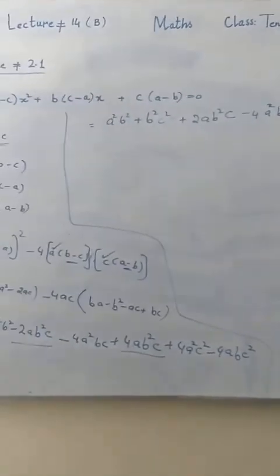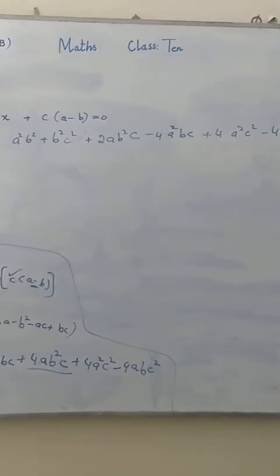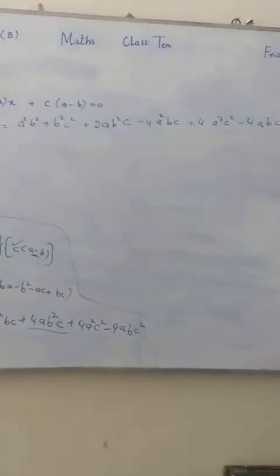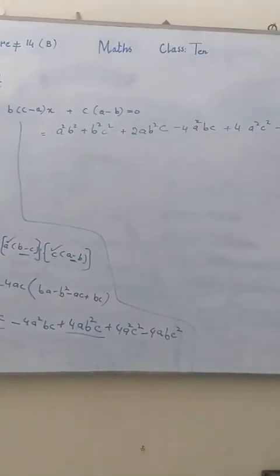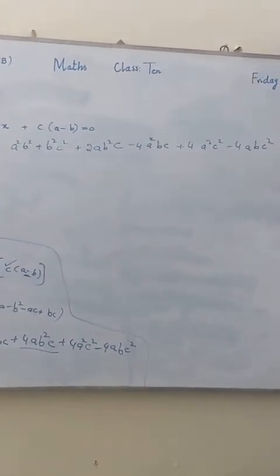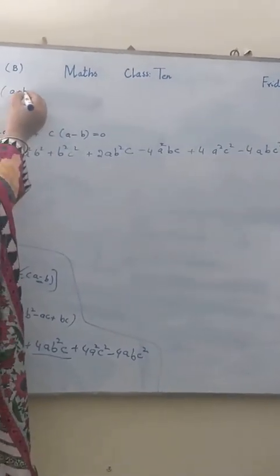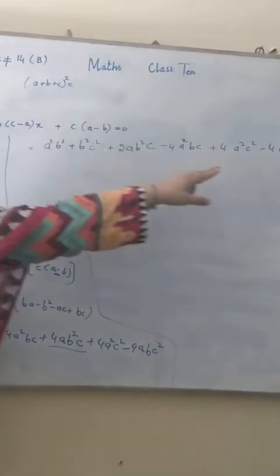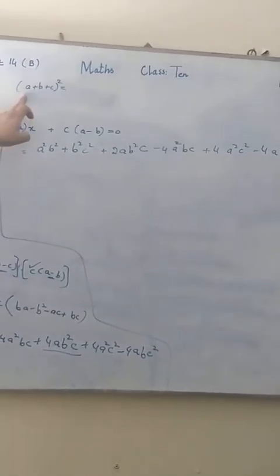Now how many values do we have here? 1, 2, 3, 4, 5, 6. We have 6 values and we have to prove it is a perfect square. You know very well that when we open a plus b whole square we get 3 values. If we have 6 values, it means it will be a square of 3 values, and we know the formula for a plus b plus c whole square. Why am I applying this formula? Because we have 6 values and we have to show this is a perfect square. So first of all we will check what the formula is.